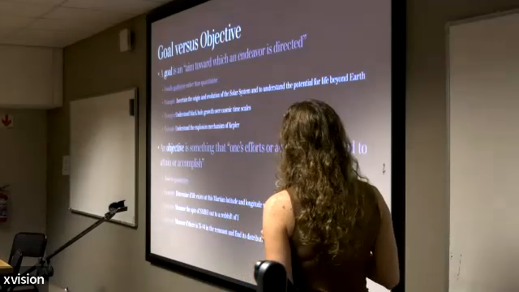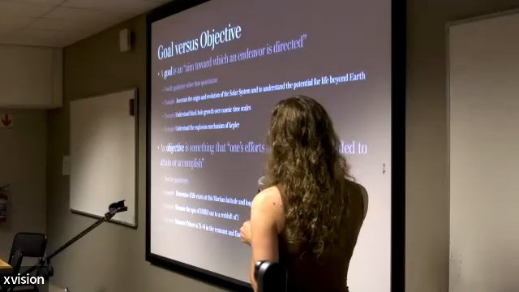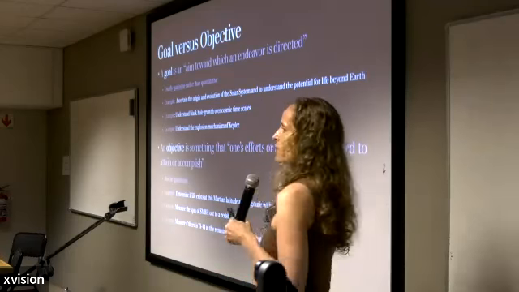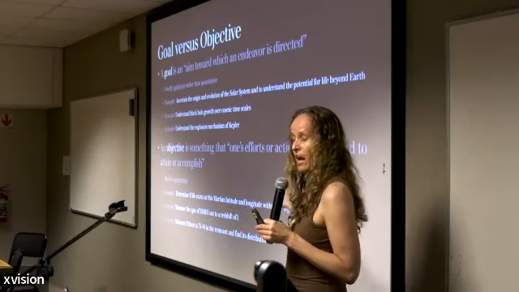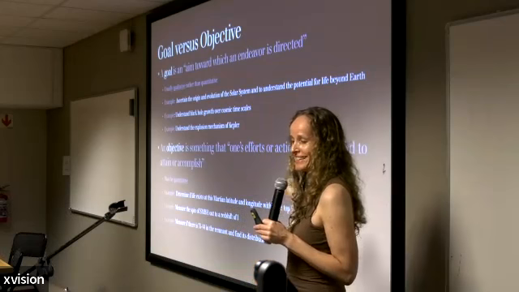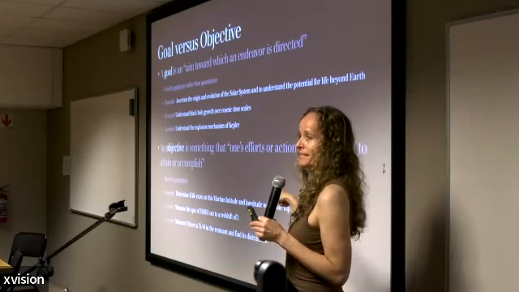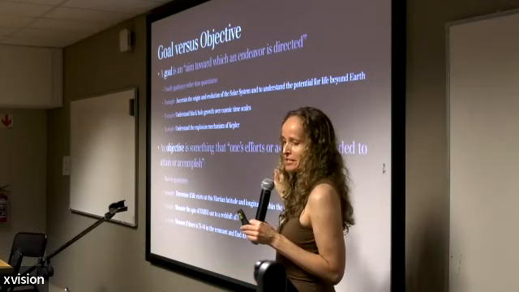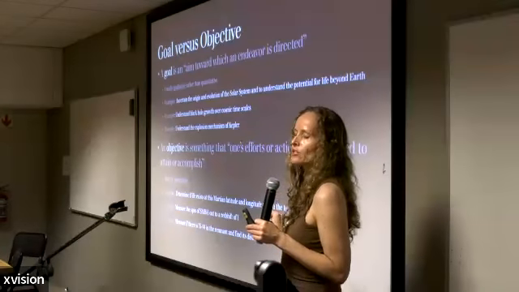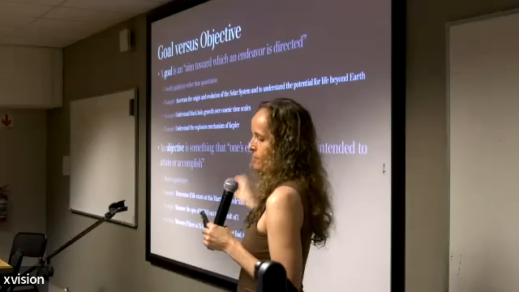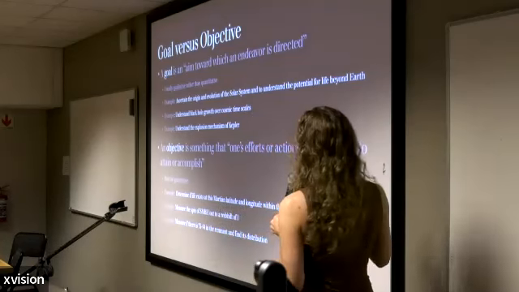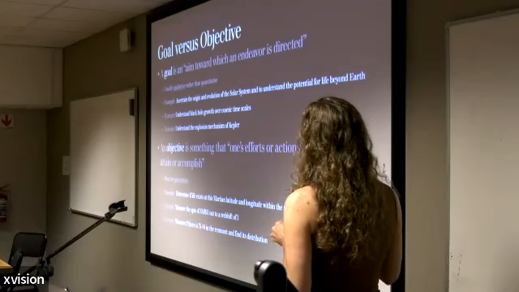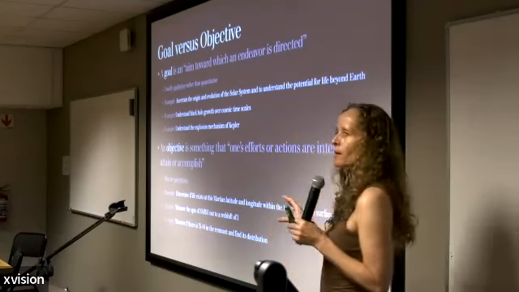For this, the objective would be to measure the spin of supermassive black holes out to a redshift of 1. Actually, I would say this might not even be specific enough, because I might say I need 20 supermassive black holes out to a redshift of 1 to answer one step along this. And then a much smaller goal and objective, which is more in line with what you might want to do in a proposal.